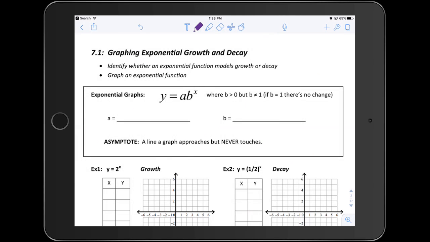Welcome, ladies and gentlemen, to section 7.1, which is all about graphing exponential growth and decay. This is actually the first section in your Unit 7, which is all about exponentials and logarithms. We first focus on exponentials, and then we get into logarithms, which are the inverse of exponents. Kind of like multiplication and division, exponents and logs are inverses. First we're going to get into what the graph looks like and graphing these exponential growths